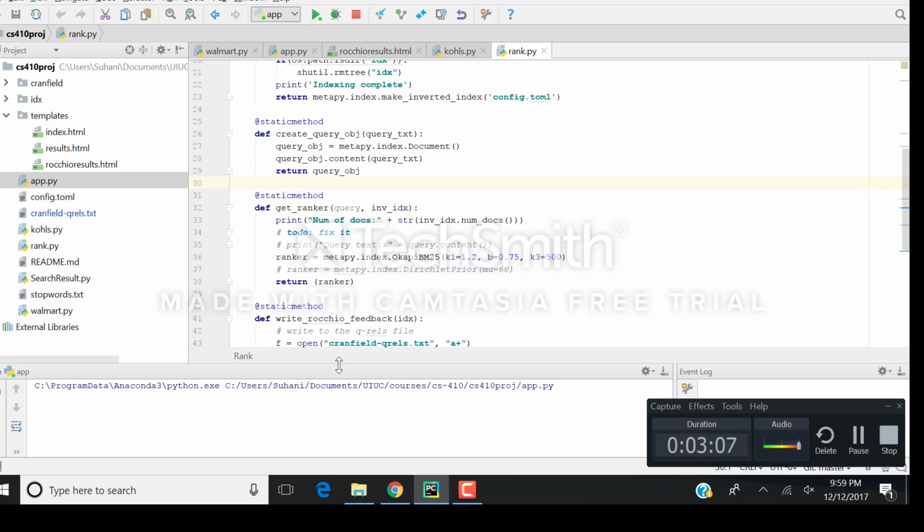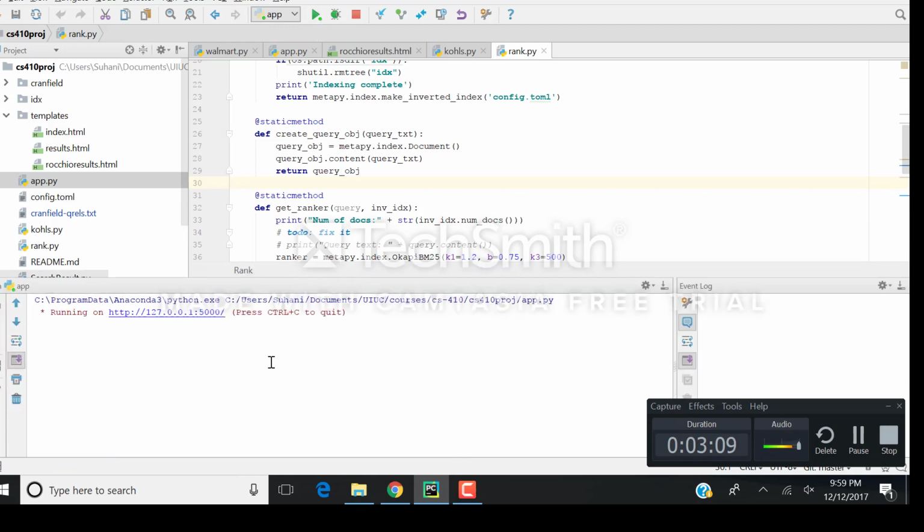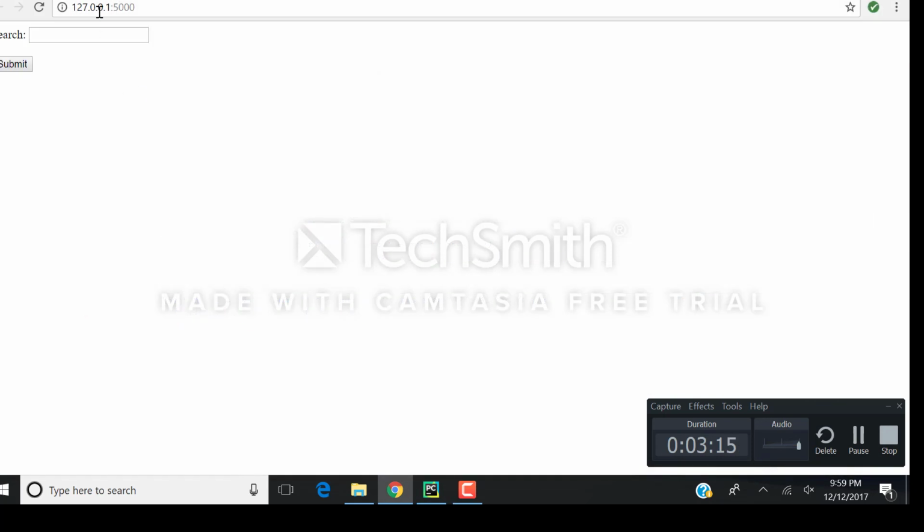As soon as I start this, we will see that a link shows up. The first thing that the user needs to do is click on the link. It will open in a browser, as evident from here, and then the user can put in the search query. For example, if I say basketball hoop and then submit,